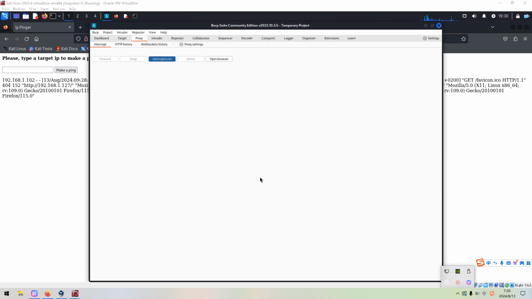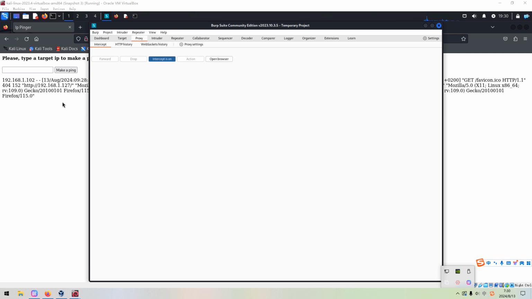Dear friends, welcome back. As you can see, I re-imported the machine into the VirtualBox, and now we can successfully retrieve the data of the access log. I don't know what caused the issue.